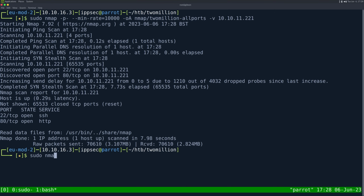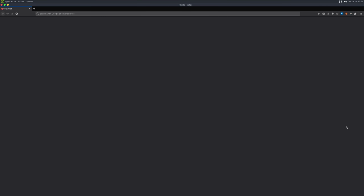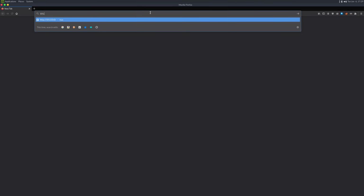So I'm going to add a second nmap here. We do -sC for default scripts, -sV to enumerate versions, -oA to output all formats, put it in the nmap directory, and call it 2million. I'm going to add the -p flag to only scan ports 22 and 80 on 10.10.11.221. And while that goes, we can take a look at the page. So I'm going to go to